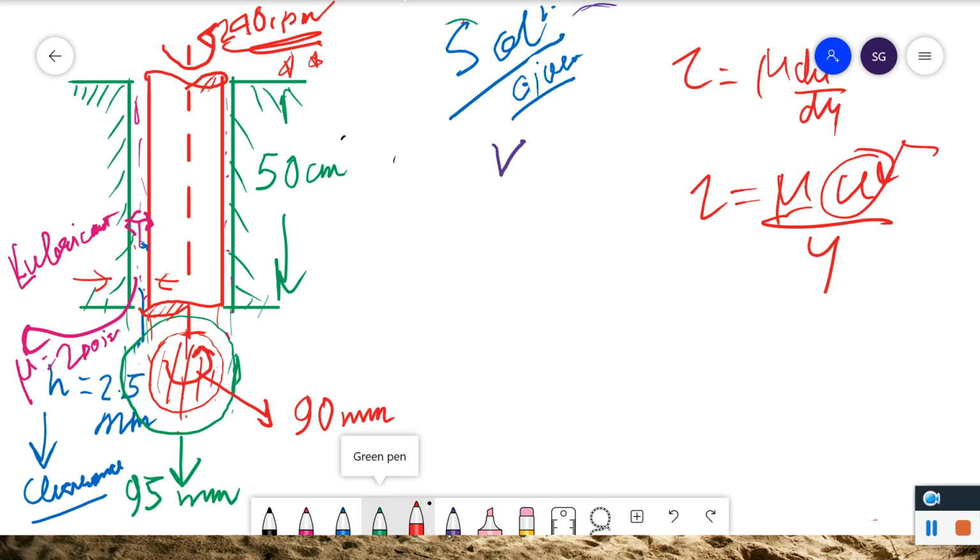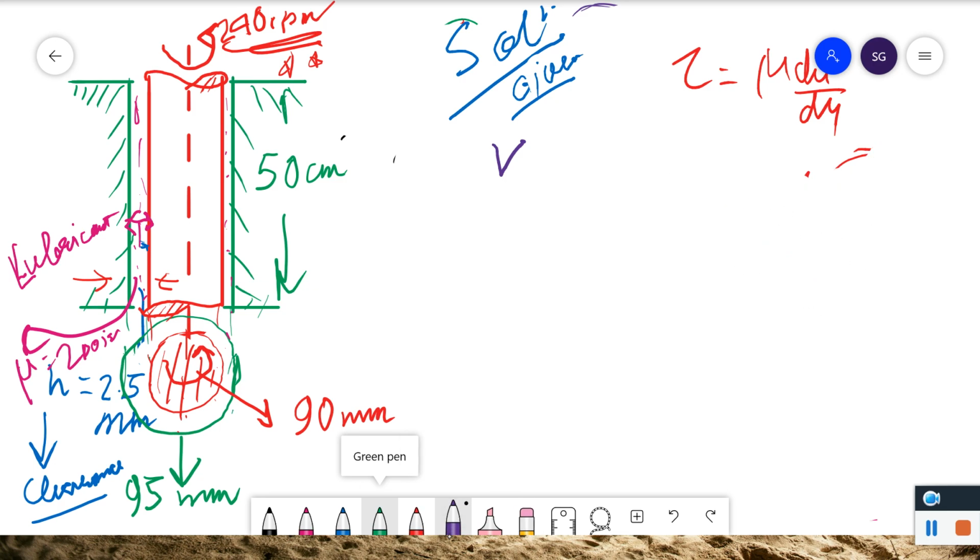This u represents the velocity. For that, first of all, let's find out the velocity. How can we find out the velocity? We all know that since it is rotating angularly, v is equal to omega r. I think no confusion. And what do you mean by omega? Means angular velocity. Omega means basically,